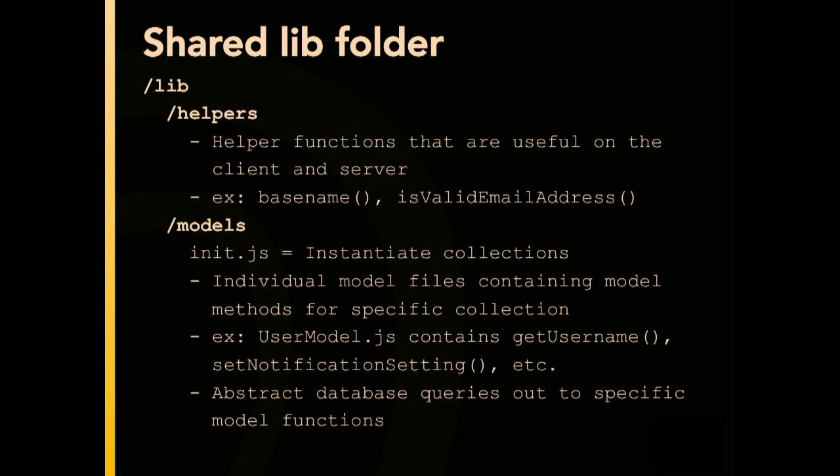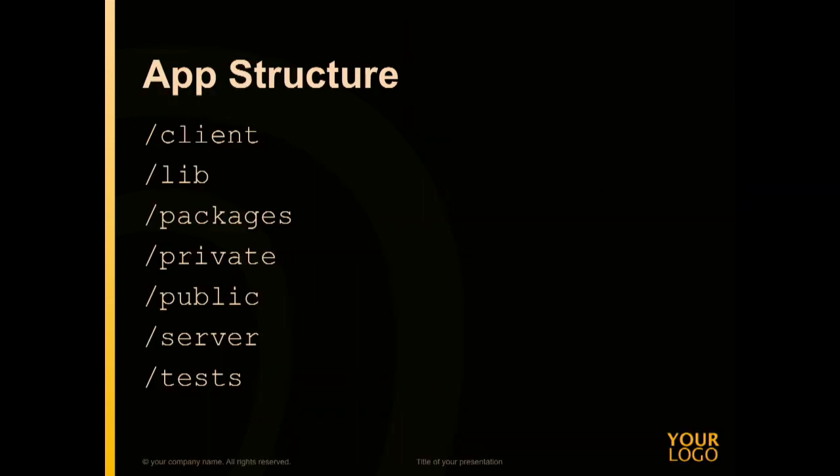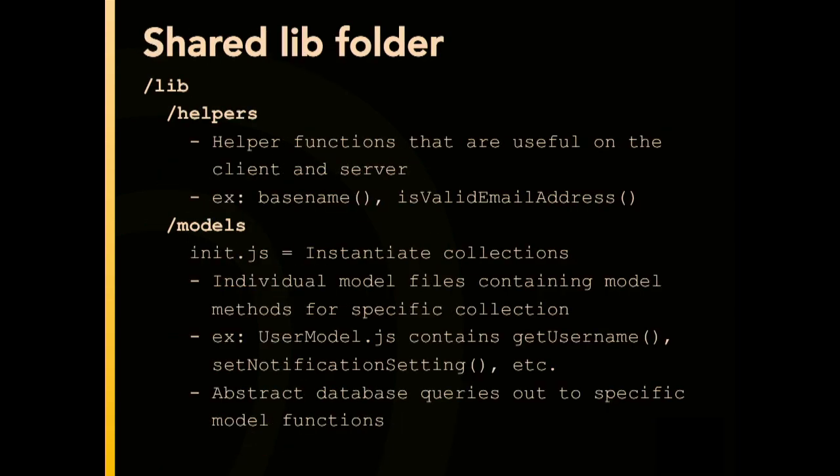So next up, if you remember, there was that client directory. And that client is actually probably the most important part because this is a client-side app. The next thing is actually the lib directory. So anything that's not in the client and the server folder, in Meteor, is automatically shared between both the client